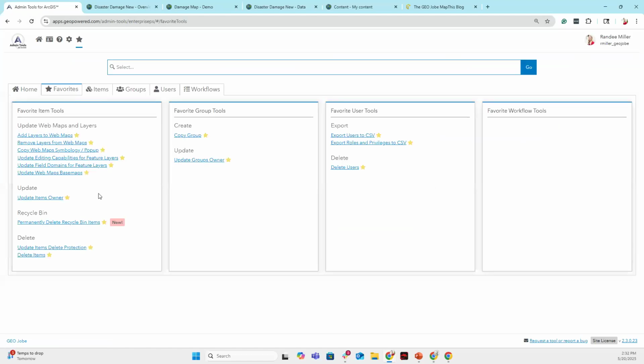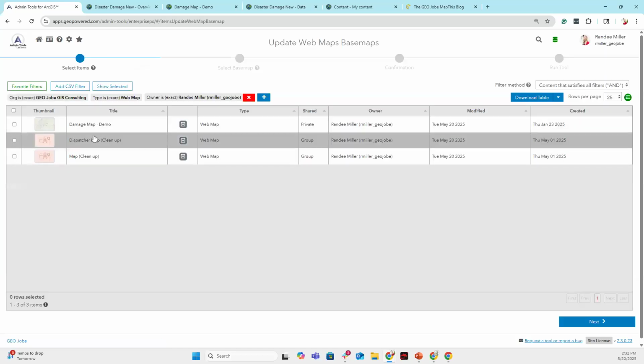And then let's see. So another one that is also one of my favorites that I use with my clients is this update web map base maps. So I know that a lot of people fly aerial imagery every year, and it is very important to have accurate imagery inside some of your field collection maps. When my clients do this update every single year, we used to have to go through each map and manually update those base maps. But now you can update the base maps by selecting this tool in admin tools,